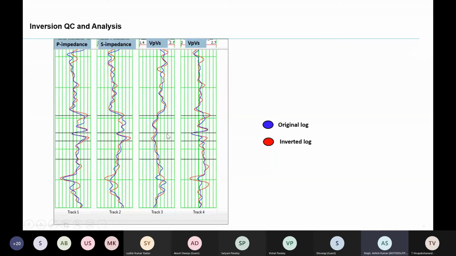Again, you check. I have extracted the P impedance and the VP/VS. I think there should be density. I'm sorry, it is twice. VP/VS is here. This is density. Again, you can see that your reservoir and the P impedance, VP/VS and density are fairly matching. It means your optimization of parameters is good.